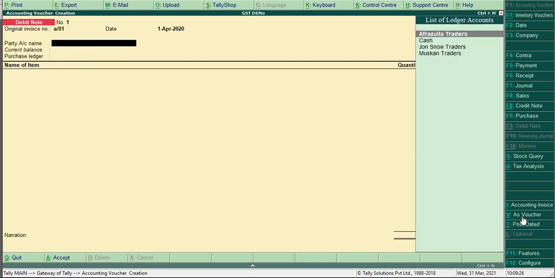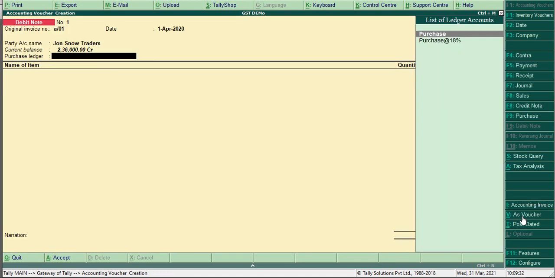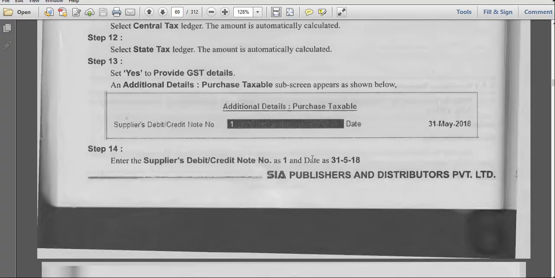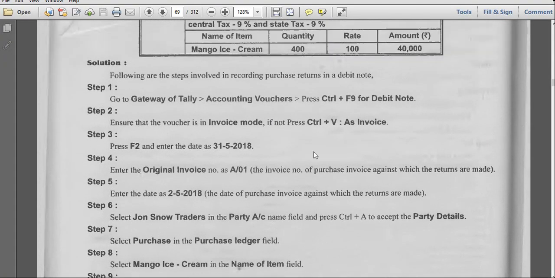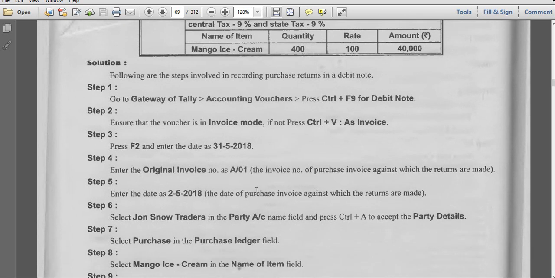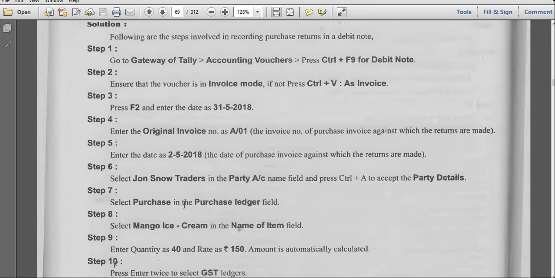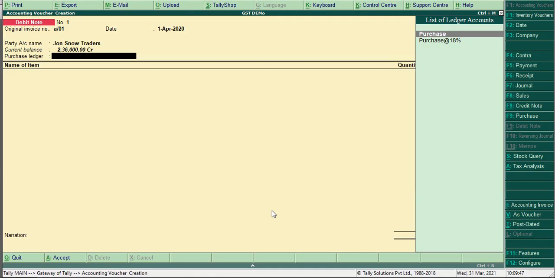What is the party name? John Snow Traders. Here we have to create the ledger. From Gateway of Tally, for invoice we go with F2, original invoice. This is the date. John Snow Traders is the party name. Select purchase in the purchase ledger.